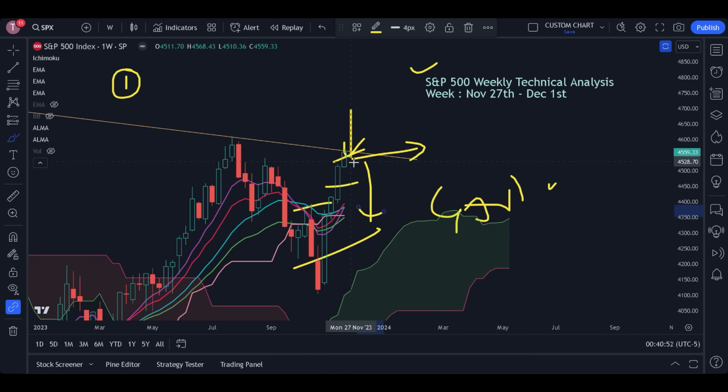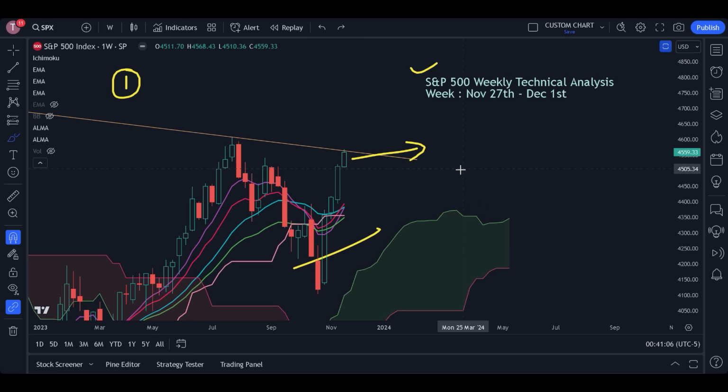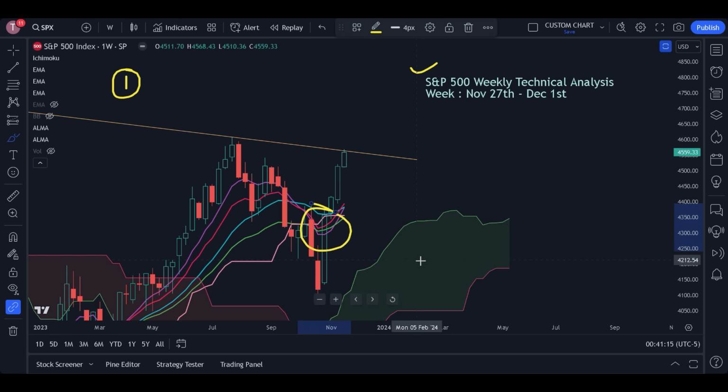But because of this extremely heavy bullish momentum, the entire US stock market is still holding, neither bullish nor bearish, that kind of thing. Now let's see what other technical indicators are telling us about the weekly S&P 500. As of now, there was a bullish slip that confirmed a bullish movement.